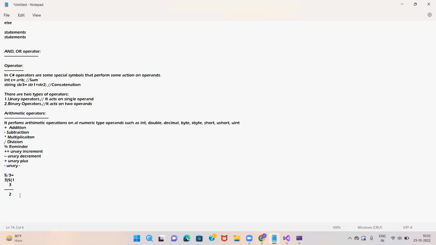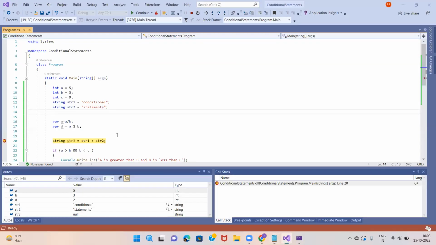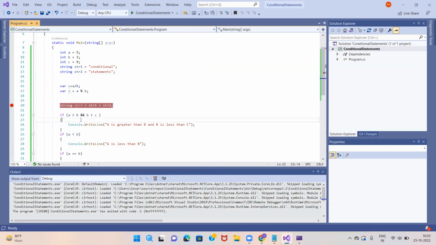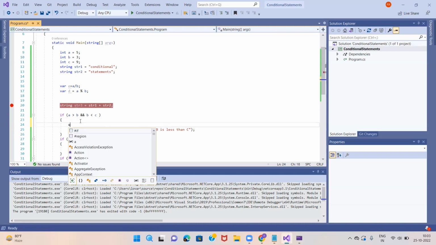So here addition, subtraction, multiplication, and division. The remainder computes the remainder after dividing its left operand by its right operand. So what is unary plus and unary minus? Incrementation. See, if A greater than B and B less than C, I want to increment the A value. Let's say A